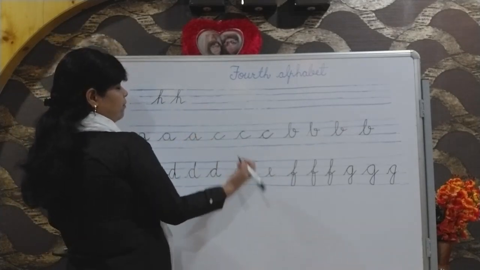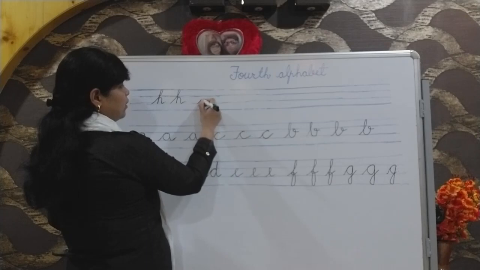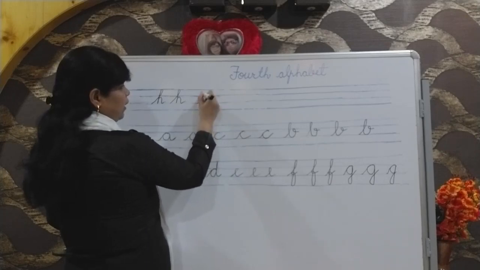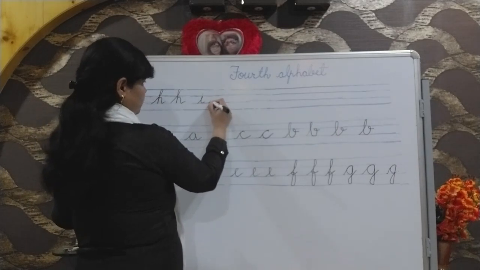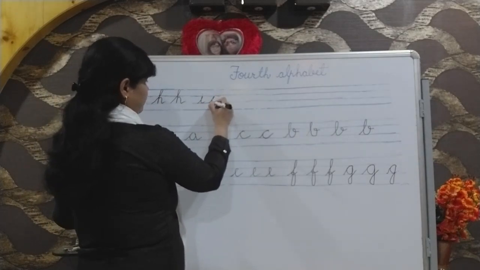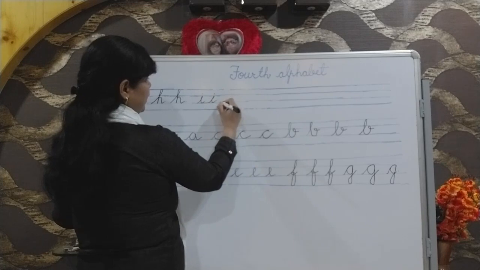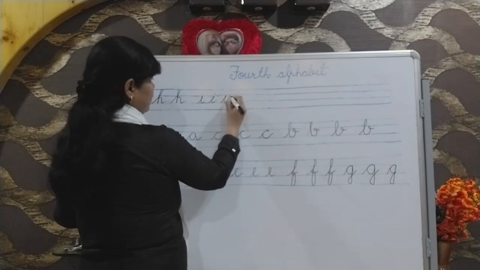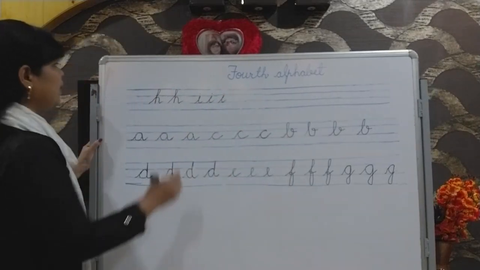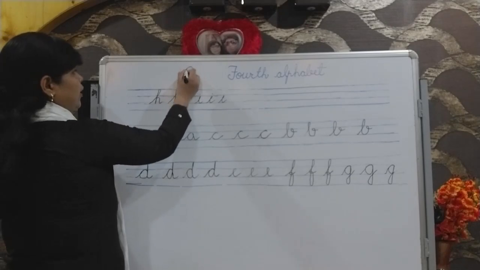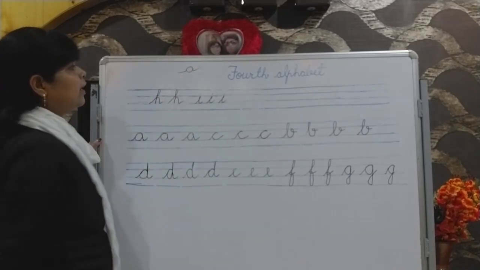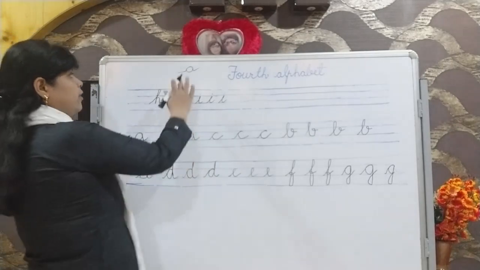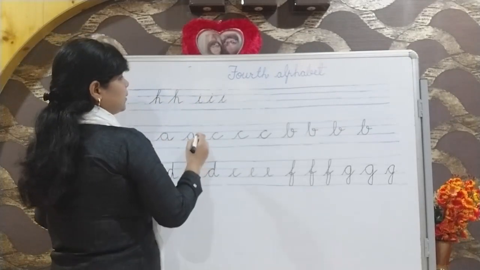Same like E we will draw there. But here we will not make a proper circle, and a dot. Take care, we should not lift our hand while writing any letter. What is happening while learning? Some students are making a circle, they are drawing a line here. It is the wrong way. We should not write like this.